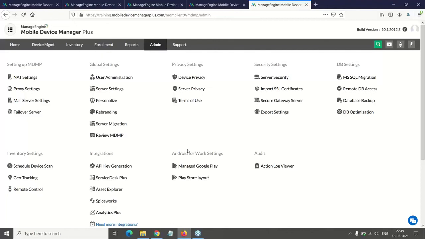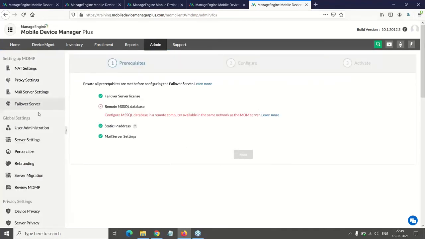Important point to note in the failover configuration is you need to purchase the additional failover server license to configure this. For now, we do provide 30 days trial period as well.